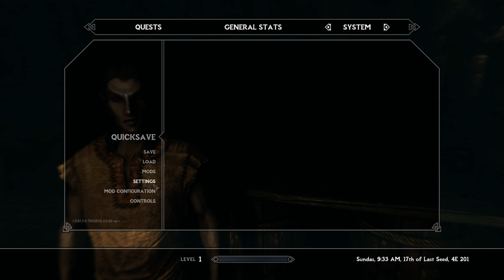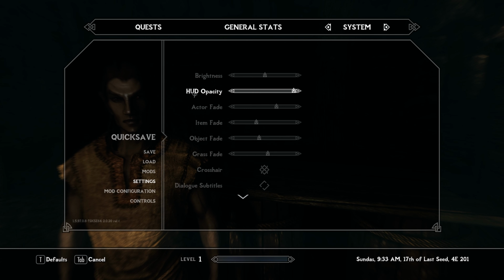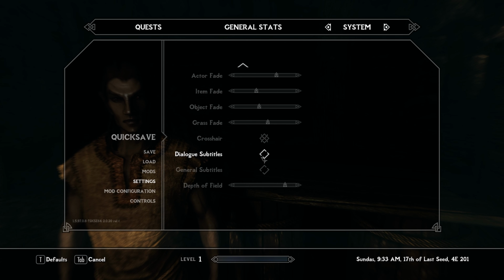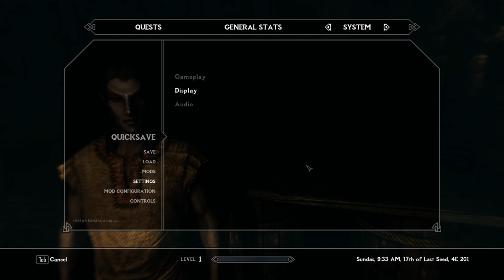So hit escape, and first thing we're going to do is go into settings. We're going to go into display, and we're going to turn on the subtitles. So dialogue subtitles is what we want, and also depth of field. We're going to minimize this as much as possible. This is to make things work nicely with the ENB that we're using. Alright, so let's tab back out of that, tab again,